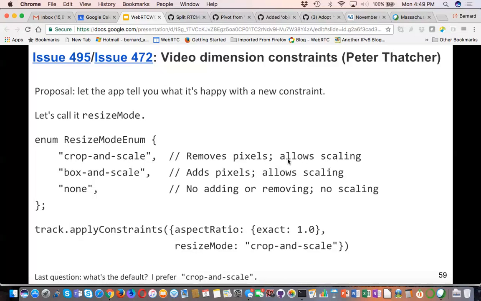Unless someone has more to say on this slide, call for consensus. I kind of wanted to visit the slide about default behavior, but maybe this one minus a default. Yeah, a constraint.